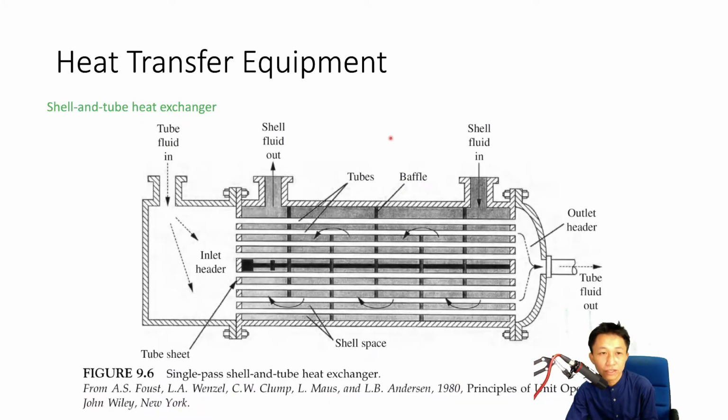Okay, and the other one is shell and tube. This is more common for chemical engineering. You have the shell side like this. You throw it in and then out. This one is the shell side, and this small thing is called the tube. So you have very small tubes inside. You have inlet and outlet, and you have other configurations as well, like co-current, where your flow is in the same direction, and counter current, which is the opposite direction. We can come back later on for how to calculate